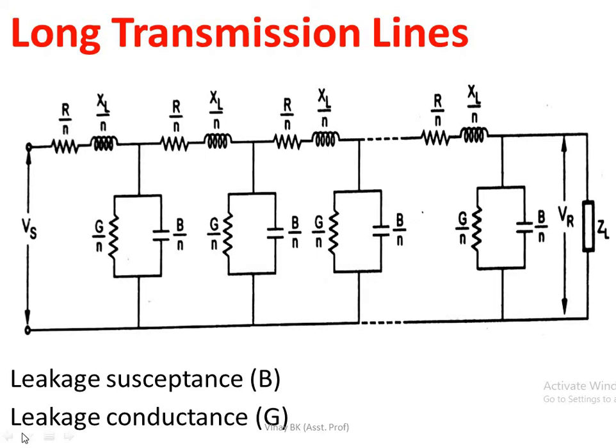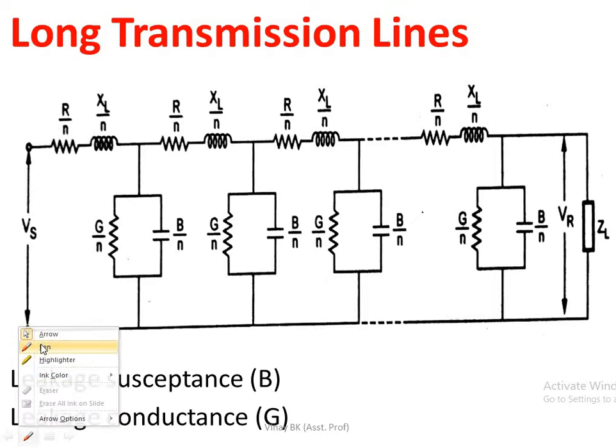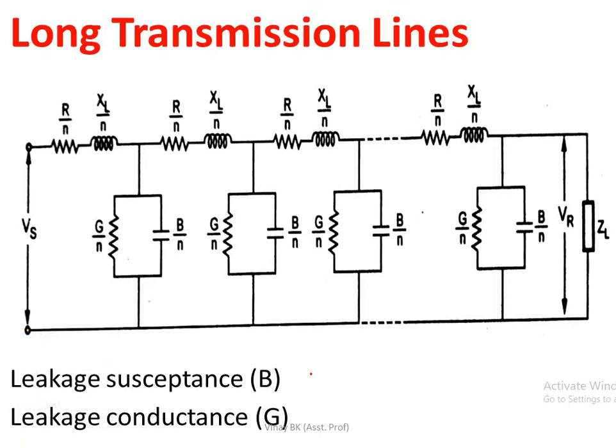This is a long transmission line, which gives the equivalent circuit of a three-phase transmission line on a phase to neutral basis. If you consider this as the phase and this as the neutral, all the values will be line to line values. The whole line length is divided into n sections,